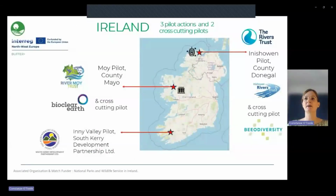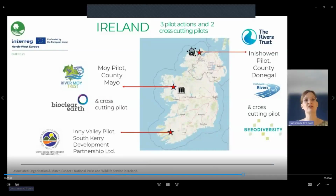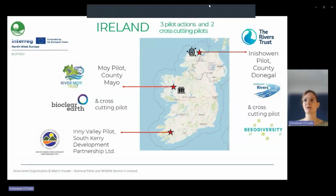In Ireland, we have 3 pilots, and 2 of them are run by us, the Rivers Trust, with the help of the River Moy Trust and the Inishowen Rivers Trust that I mentioned. Inishowen is at the northwest top of Ireland. What we hope to do is restore a peatland there that can also provide blue services. It could be pre-filtration for drinking water, and it could also be used as natural flood management. There are problems with flooding in that region in Ireland. And then in the Midwest, the River Moy Trust,